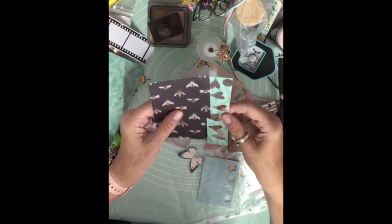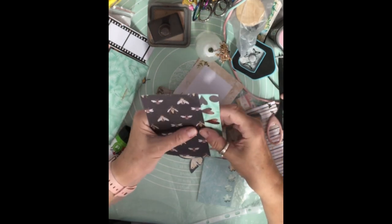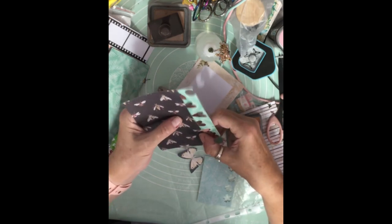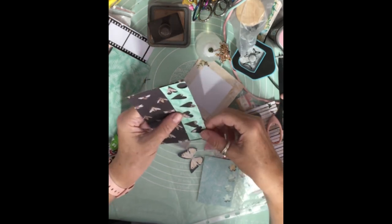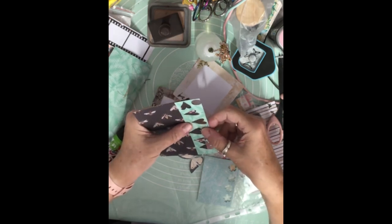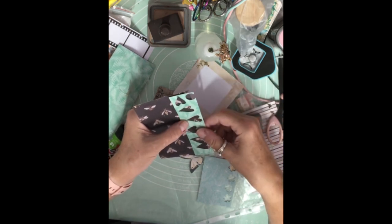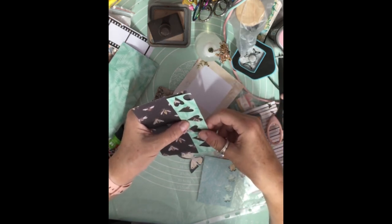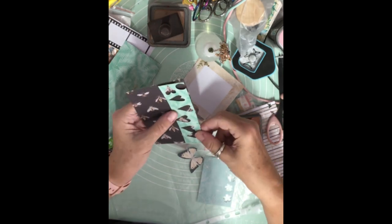I was gonna do it like this. That's one way you could do it, and you could actually do that on the edge of a page, couldn't you? If you wanted to edge your page in your journal, you could do it like that. You could do a bit that's that long, glue it onto your page, and if you've got it hanging off a bit like that, you can add a dangle onto it, can't you? You can put a dangle on it if you've got it hanging off the edge, even just a little bit. Yeah? But no, I'm going to glue that onto there like that, just to make that